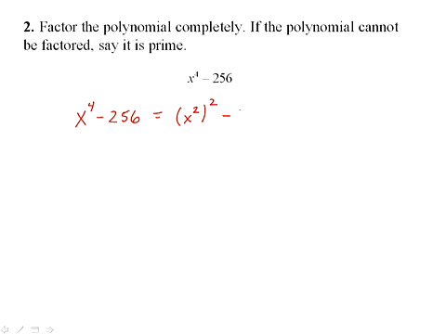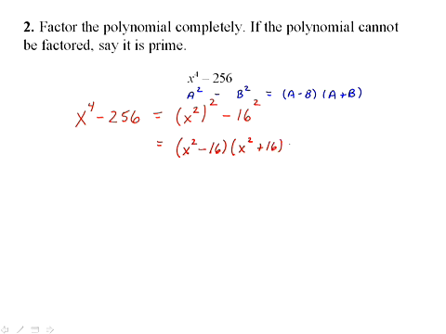256 is a perfect square because it can be written as 16 squared. So we can see that our polynomial is of the form a squared minus b squared. We know that that will factor as a minus b times a plus b. So x squared all squared minus 16 squared is going to factor as a minus b times a